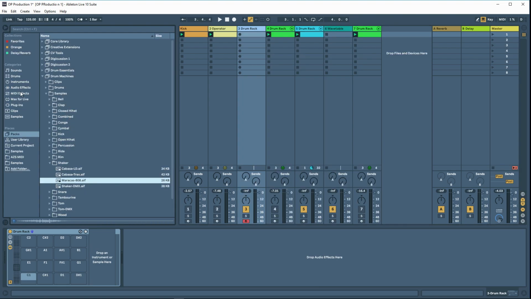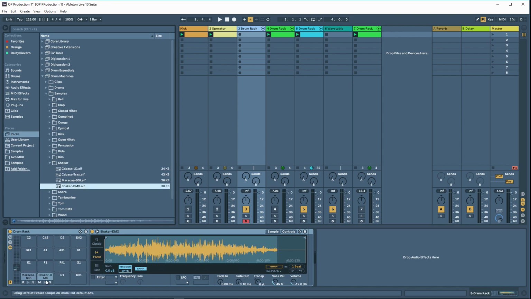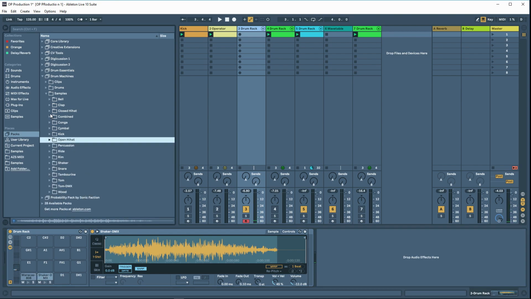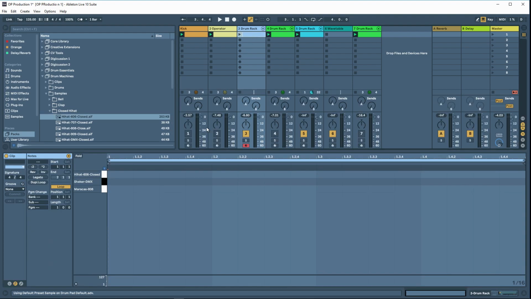So I've come down here to our packs and drum machines, and we've got some shakers, which are always good. So this is a nice little close shaker, but the other ones are not so good, but we'll try it out with some filtering and EQ. A little trick here as well is I'm going to bring in a closed hi-hat just to show you how I line up the shaker. So if we put the shaker here,